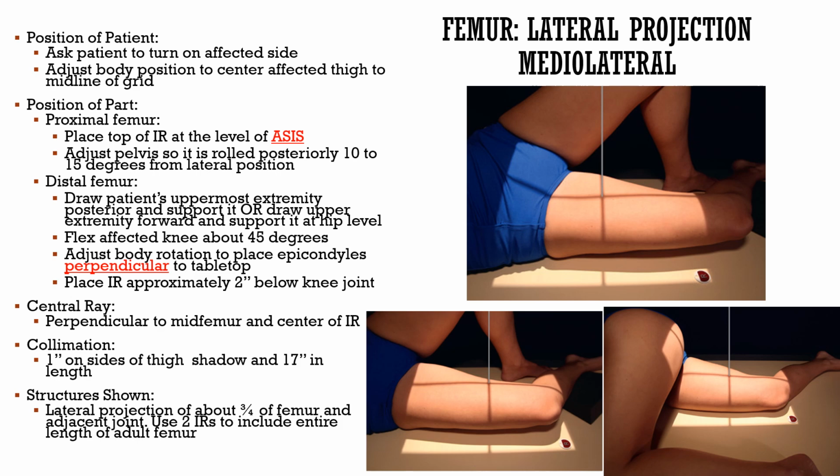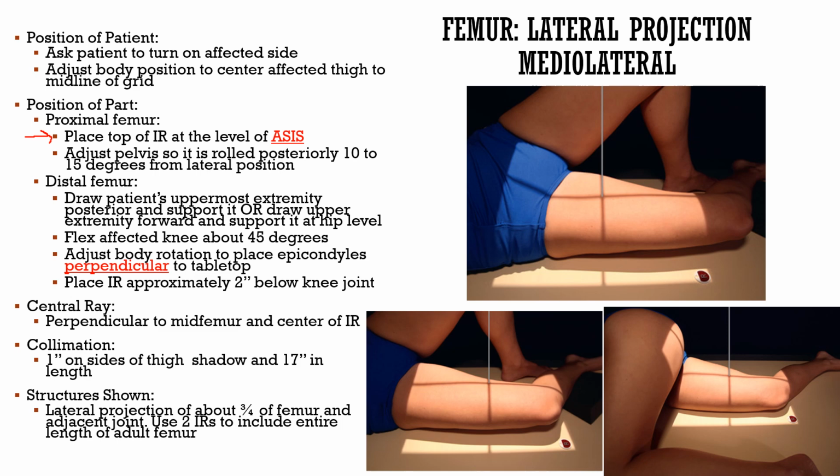On the lateral projection, we're going to perform a mediolateral unless contraindicated. We're going to ask the patient to turn on the affected side. We're going to have the body positioned so that it's centered, affected thigh to the midline of the grid. We're going to do the same thing we did for the AP. We're going to place the top of the image receptor at the level of the ASIS for the proximal femur and adjust it so that we're adjusting the pelvis so it's rolled posteriorly 10 to 15 degrees from its lateral